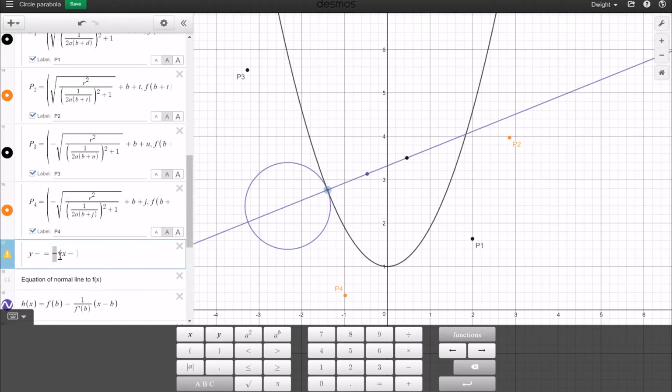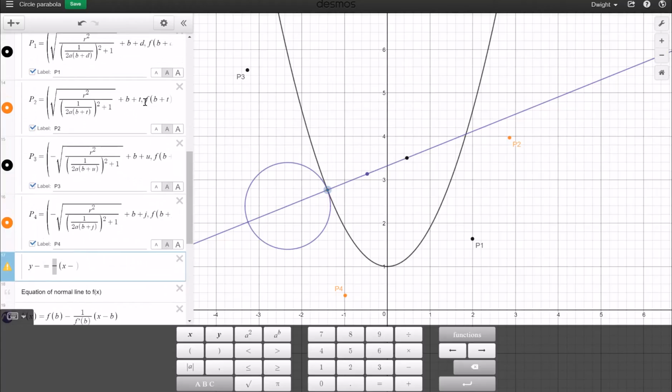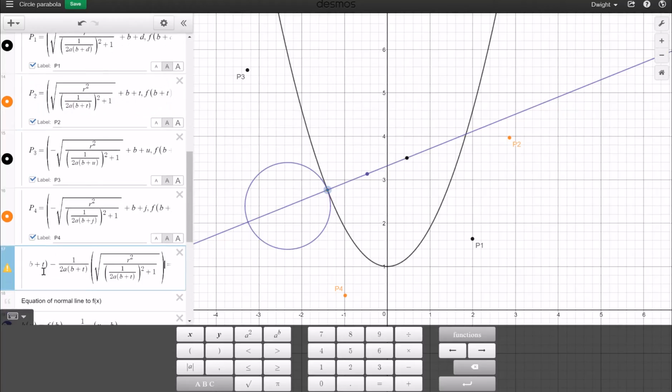So we're trying to connect the orange point. Let's first grab the orange y coordinate, which is that whole mess, and put it right there. And then we need the x coordinate for that same point. So we're going to grab this, and we're going to put it on the x over here. And then we need a slope,